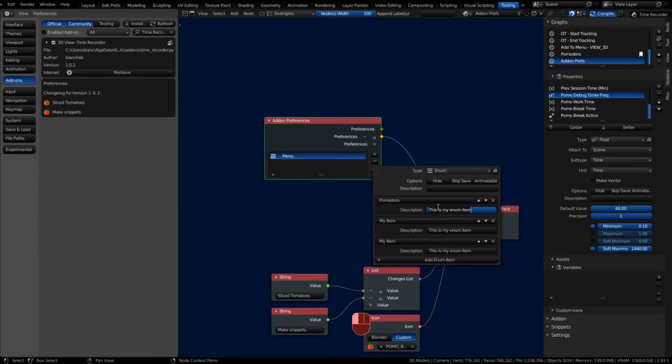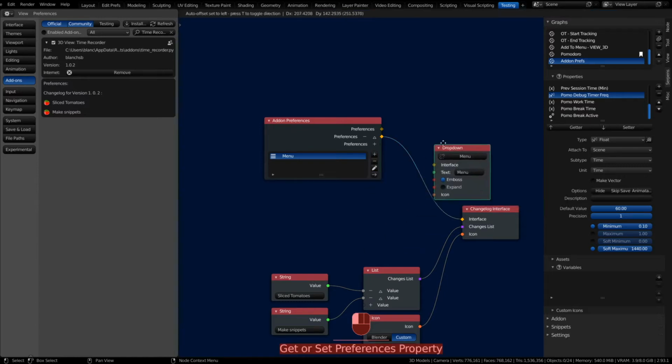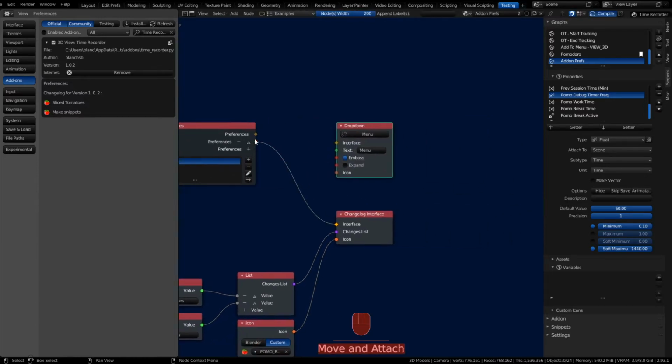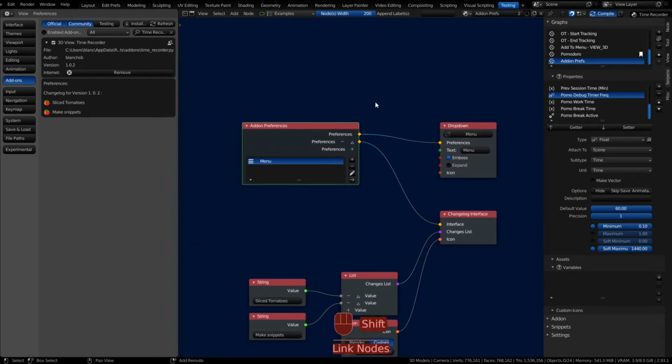You can give it a description if you want. I'm just going to blank it out. We'll do one for the project tracker. And we'll do one for support. Because we're going to have 3 different menu items to select. All right, now that we've got that set up, you can click away, and then you can get yourself an interface node. Click on that arrow, and then drag on over and connect it in. And if you compile now,